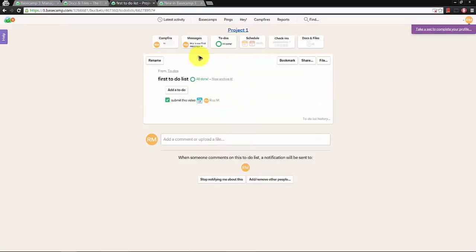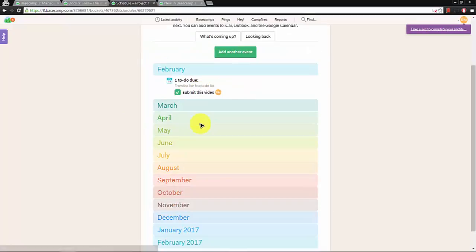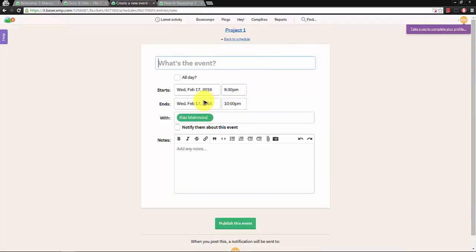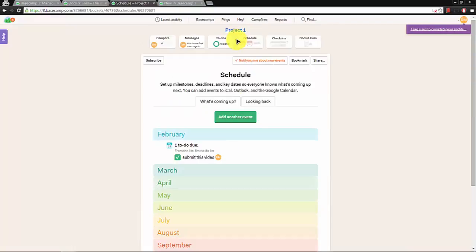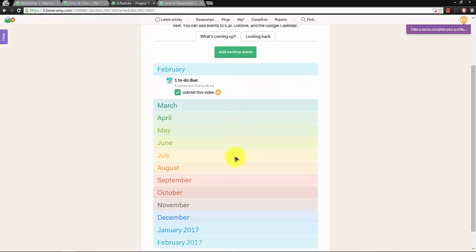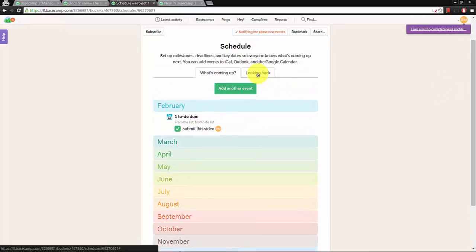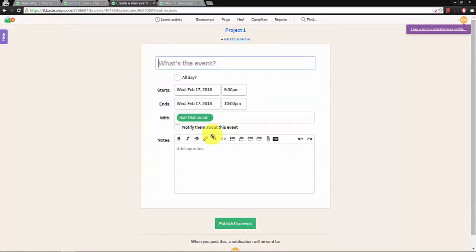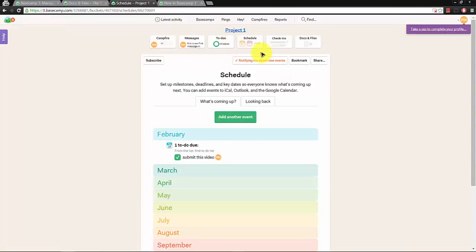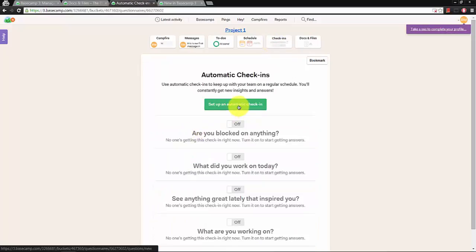So yeah, and about the schedule, I already did one to-do list, and it's already showing all over there. Basically, whenever you have a to-do anywhere, it's going to show in this tab. If you want to create another event differently, you can just go ahead and write all the descriptions that you want, and then publish the event. So you're just going to go back, and for the check-ins, you can start